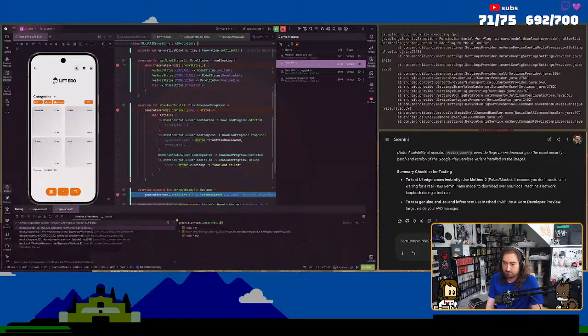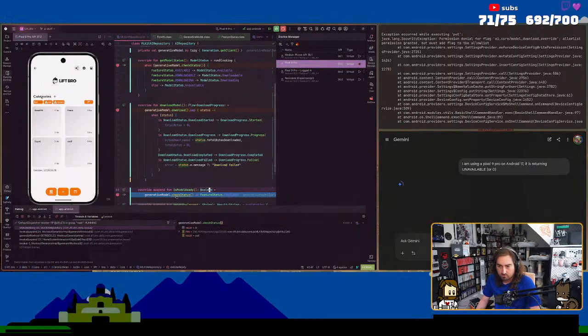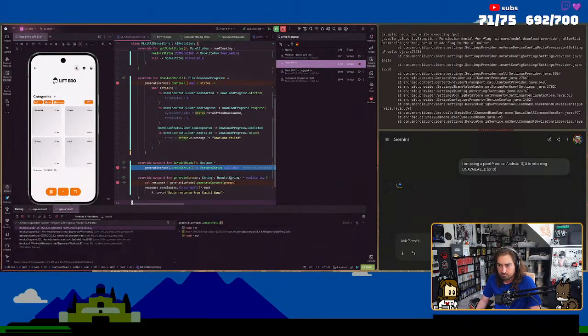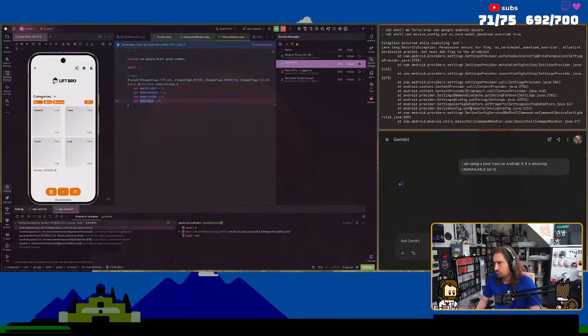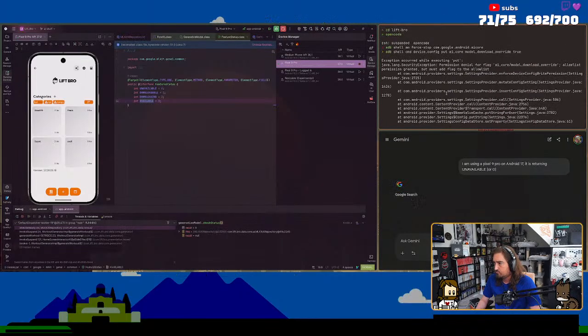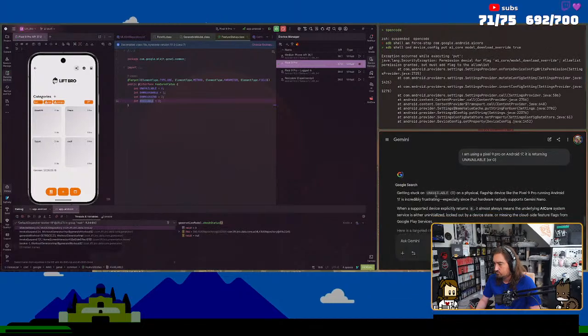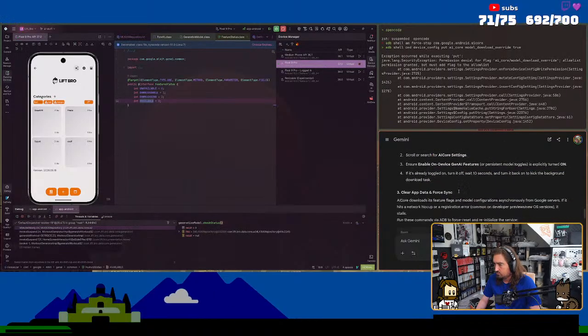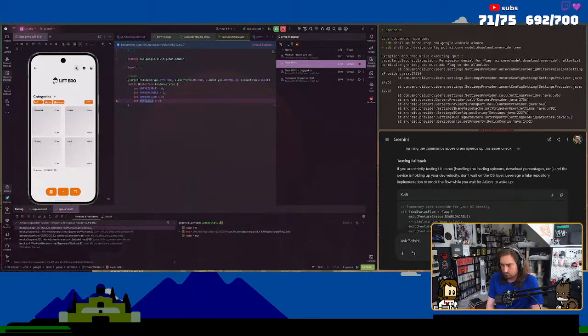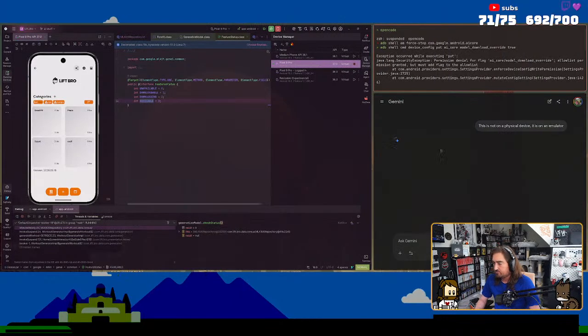It is returning unavailable or 0. Oh no, sorry. This is not on a physical device. It is on an emulator.